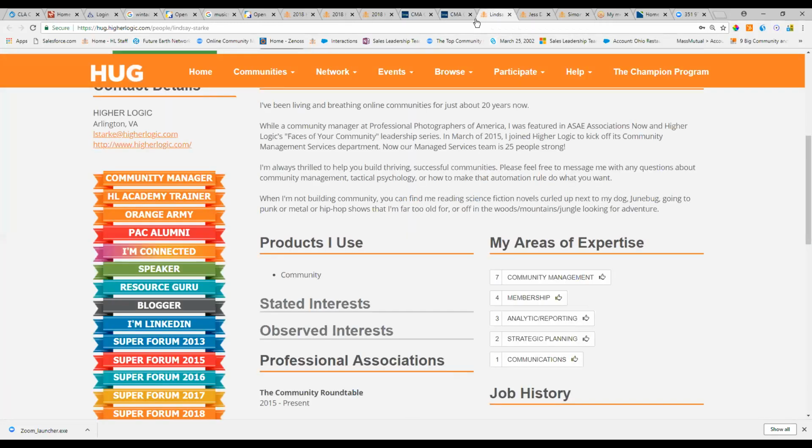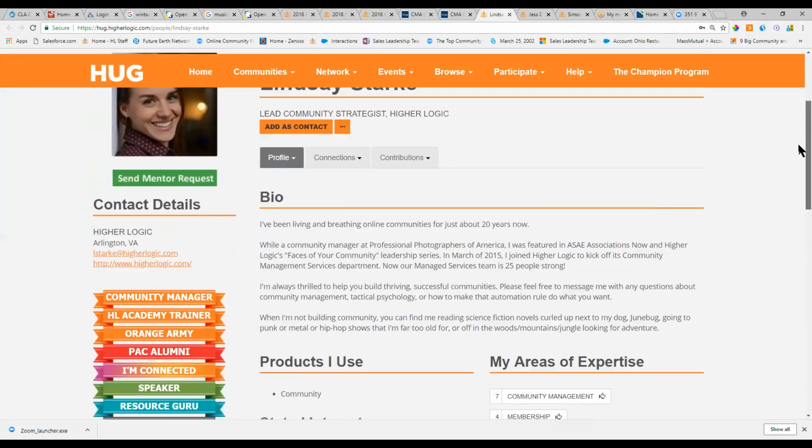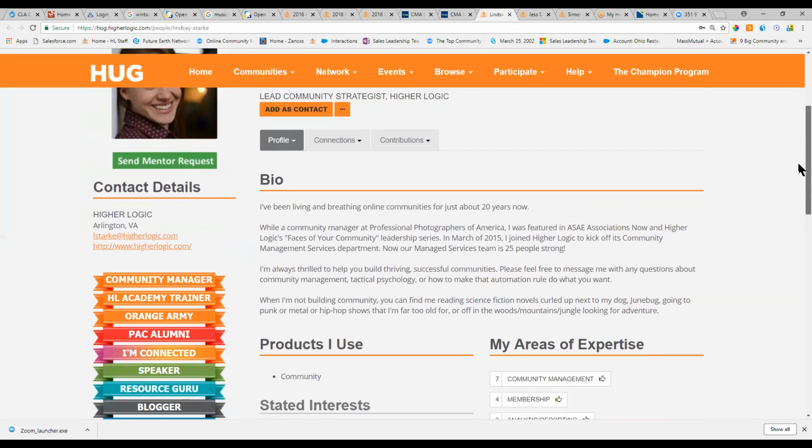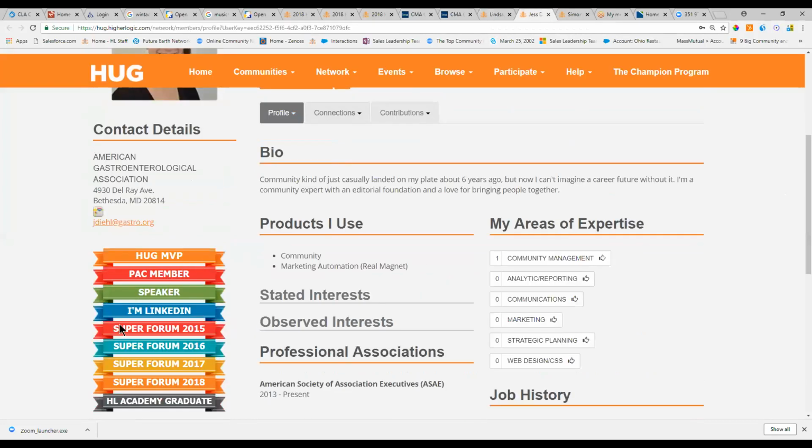Then, in turn, you can start to reward your members. And again, going back to our community, because I can show some examples since I have full access, you can create different profile badges and ribbons under the activity that they've created. At Higher Logic, we have ours called Higher Logic Academy. That's our learning. And when someone completes our Higher Logic Academy, we actually reward them with a ribbon right here, automatically.